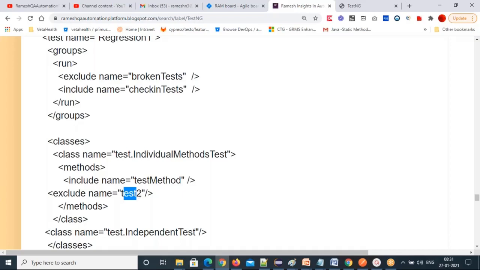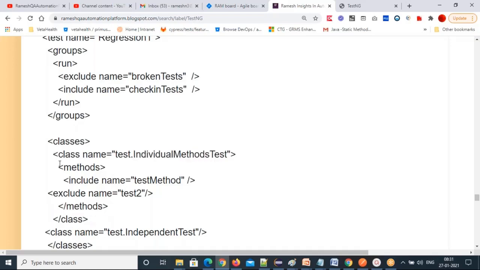I'm saying exclude the test2 method and include the test method. That means from this class, you can run only test method, not test2 method. That's how to include and exclude test methods from a particular class. Any methods you can include and exclude, and close the methods tag, close the class tag.